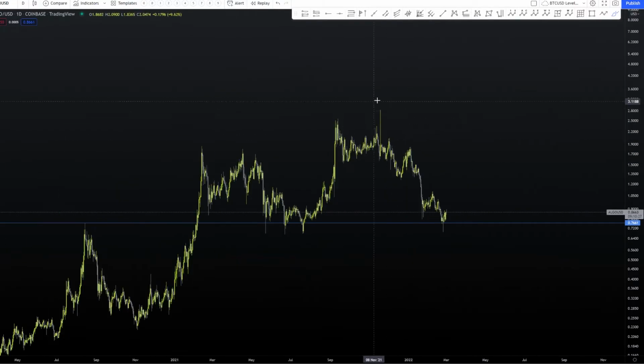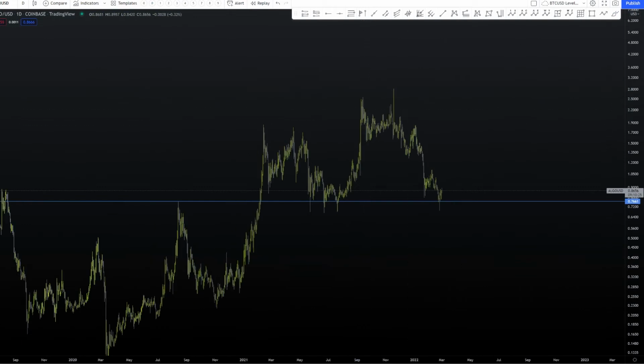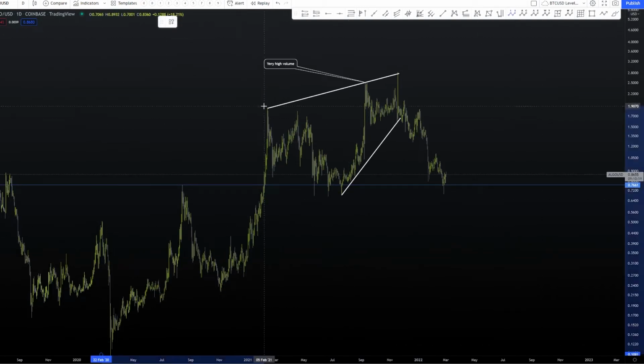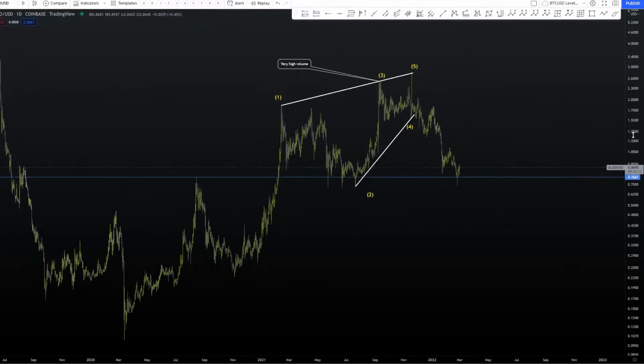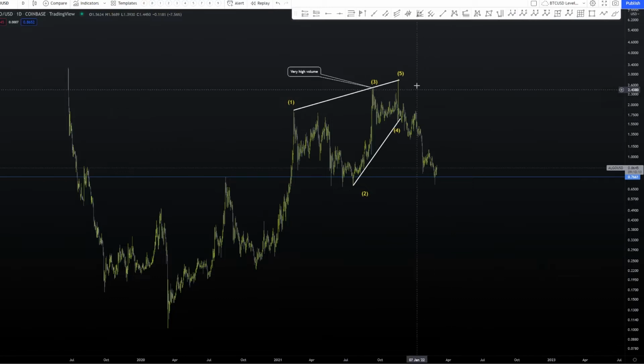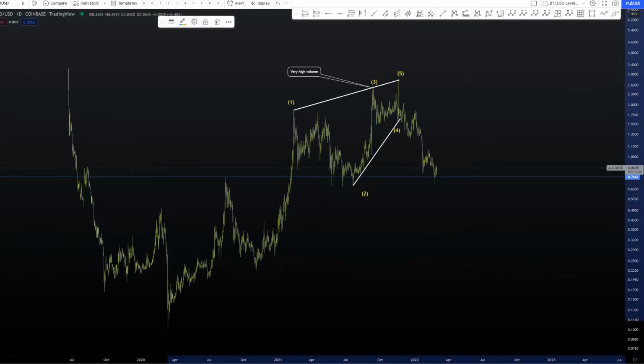But if we were to include this wick, we could actually say that this would be a 1, 2. So I'll show you guys real quick. This would be a 1, 2, 3, 4, 5. And this would all be of intermediate degree to complete the primary wave 1. And that would give us the same result as this count right here,